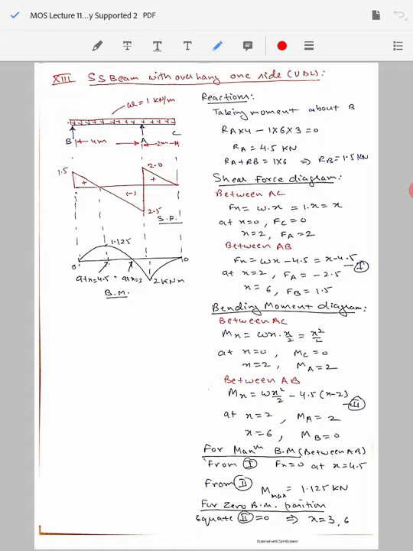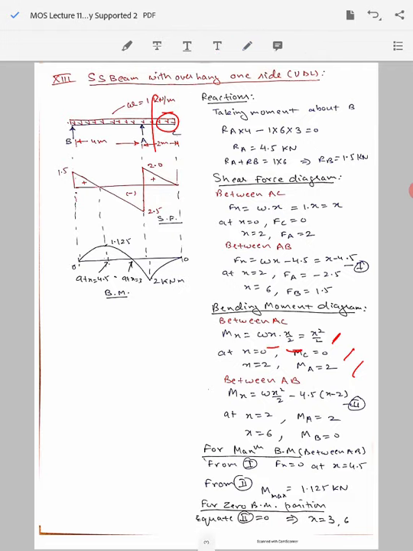Then for the bending moment diagram, we multiply the applied forces with the distance of that cut section. So for the span AC, if you cut the beam somewhere between A and C, the load acting is W into x. You assume it to be acting at half the distance, so W into x into x by 2. So you get W x square by 2, W is 1, so that gives you x square by 2. And you calculate for x equal to 0 and x equal to 2 the bending moment values of point C and point A.